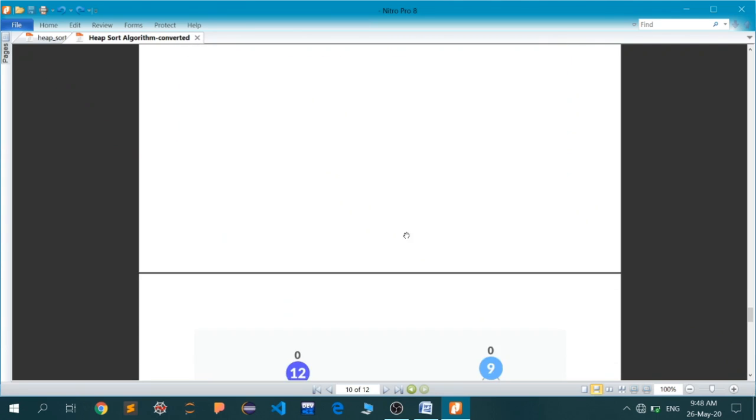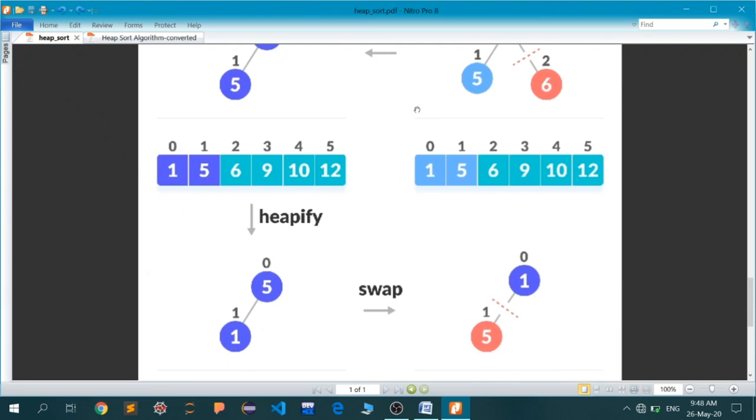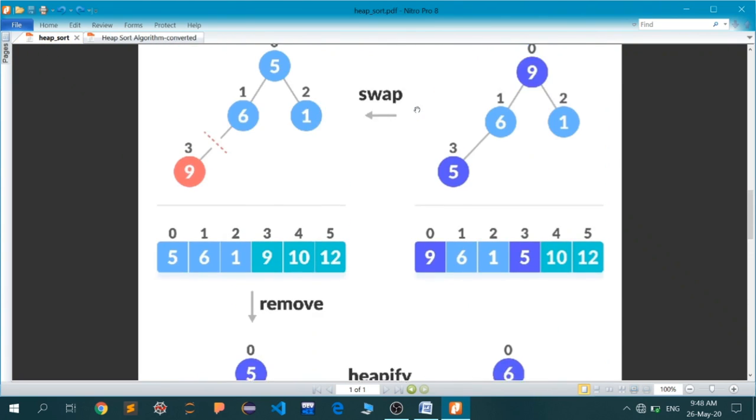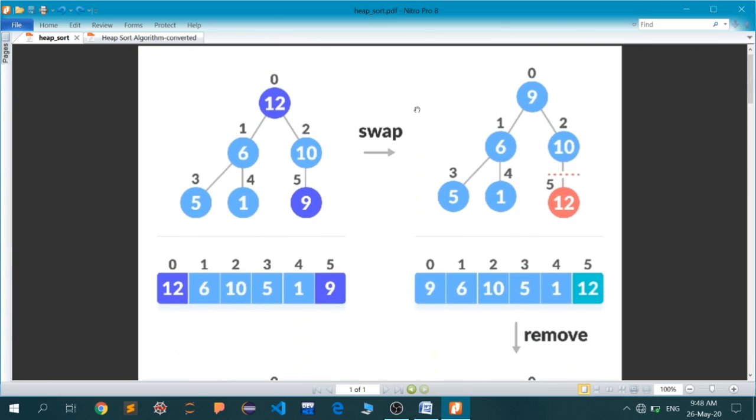So let's move to the heap sort, and it was quite easy. It may not seem so, but it is quite an easy algorithm, unless you have not understood the meaning of the heapify function. It's just remove the greatest element, that is the root, from here, store it at the last place, and the last element will be stored at the first place, and then heapify again. That is it. Now this particular array, as we have done in the last part, is heapified, or let's say it is a max heap now. And if it is a max heap, then you know that the maximum element is at the top.